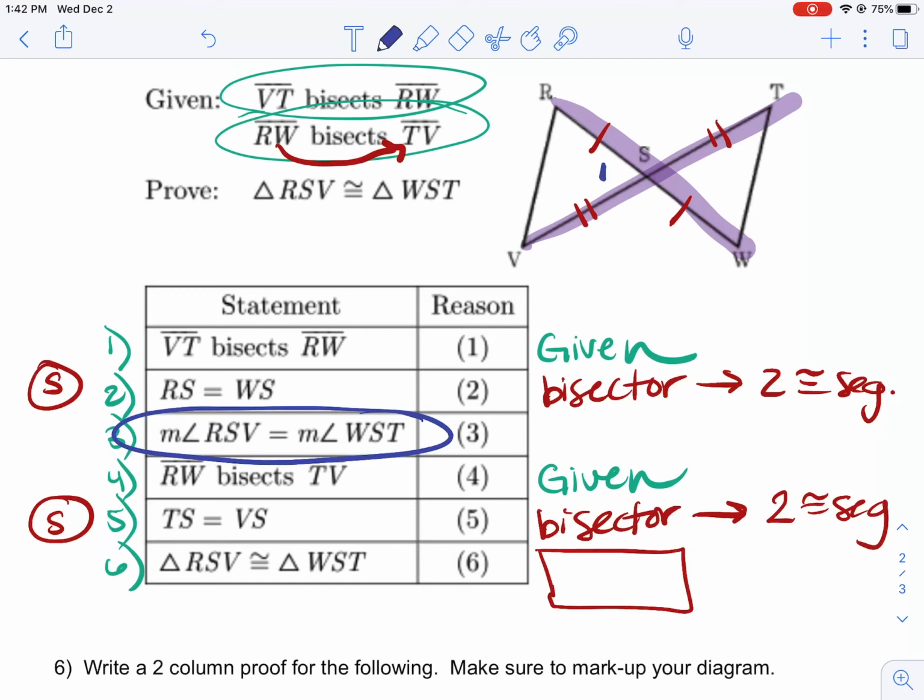It's an important thing. Okay, so if I put a little 1 and 2 there, that's not super helpful. I gotta follow these angles, right? So if I look, RSV,